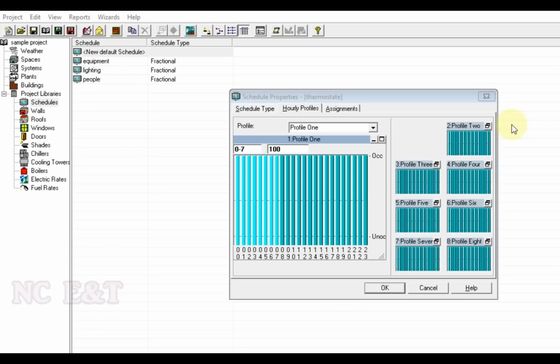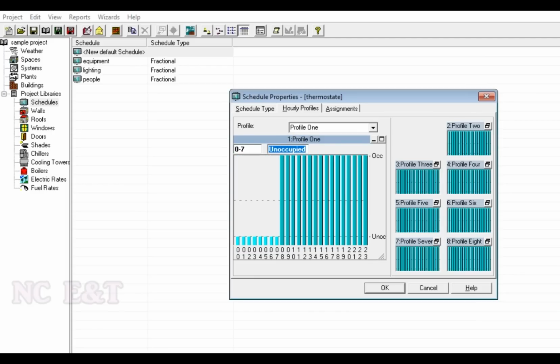Thermostat can be either on or off, so from 0 to 7 we need to keep the thermostat off, so we will select unoccupied. And from 7 to 8 there will be people, so we need to operate the system, we will select occupied.